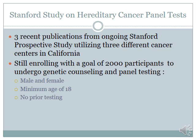In 2016, at the National Society of Genetic Counselors annual meeting, a Stanford study on hereditary cancer panel tests was discussed. There were 3 recent publications from an ongoing Stanford prospective study utilizing 3 different cancer centers in California. At that time, they were still enrolling patients with a goal of 2,000 participants to undergo genetic counseling and panel testing. Those individuals in the study were both male and female, had a minimum age of 18, and had no prior testing,